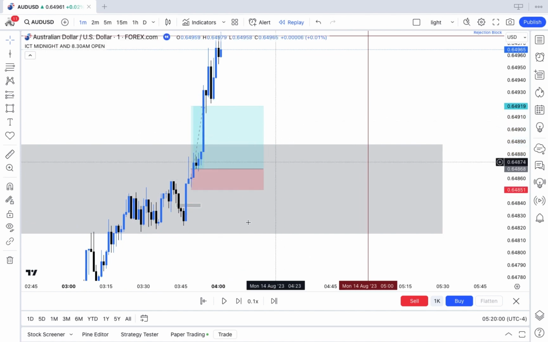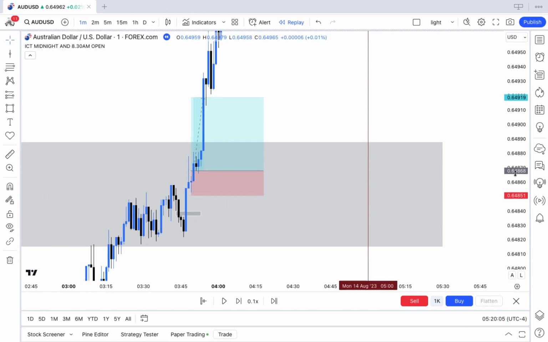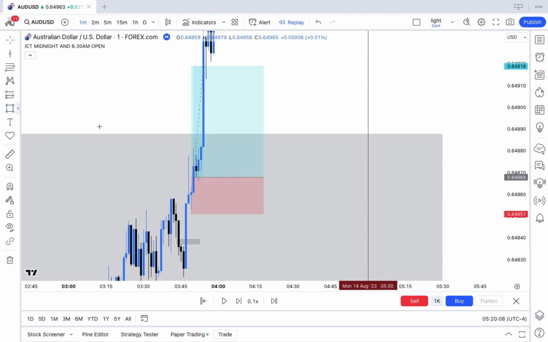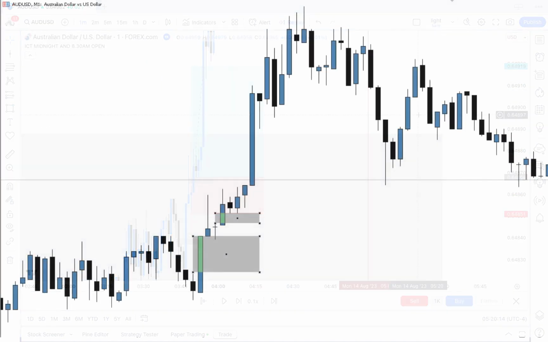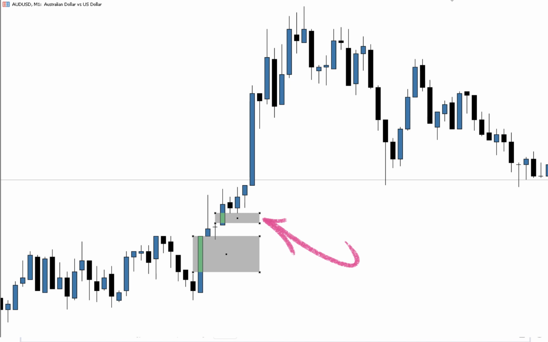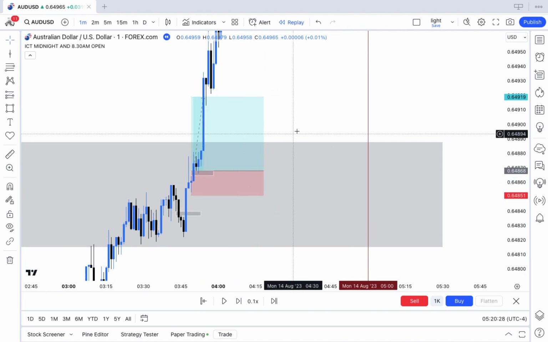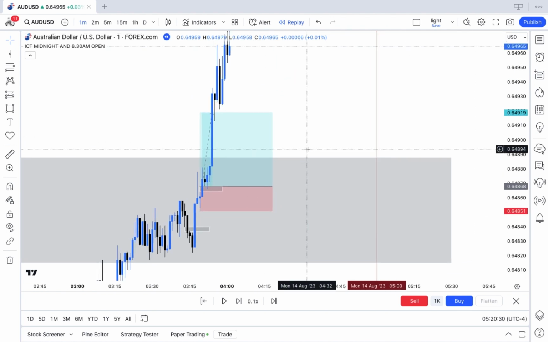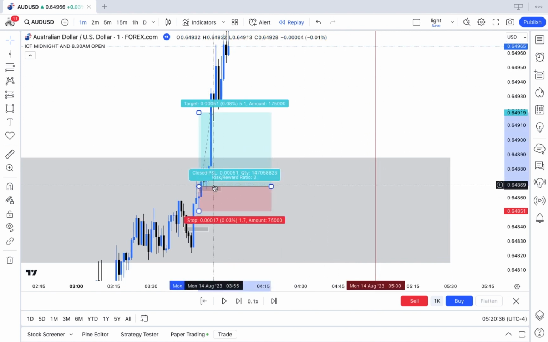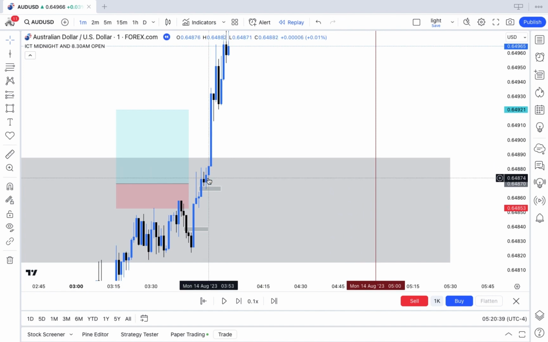It all happened too fast. When I finished the calculation, there were some connection issues. Oh yes, I remember. You can see how price entered this small BISI here, but on the Fivers, the broker that I was using, I didn't see this. That didn't happen. So I couldn't take the buy because, from my point of view, price hadn't yet entered the BISI. When I checked on MT, the other brokers, and on TradingView, I saw that it had already happened. I could have bought here, and then I could have bought somewhere here, but I just